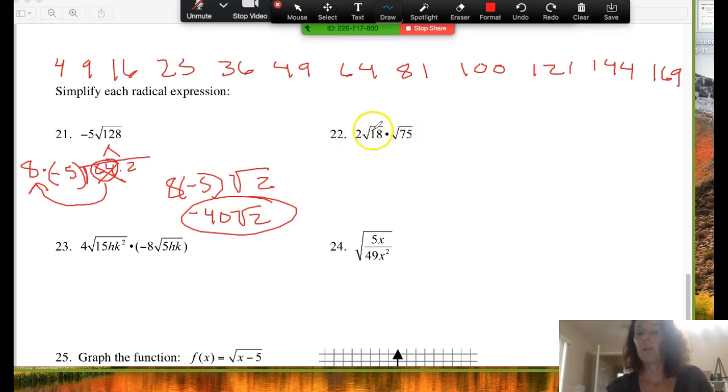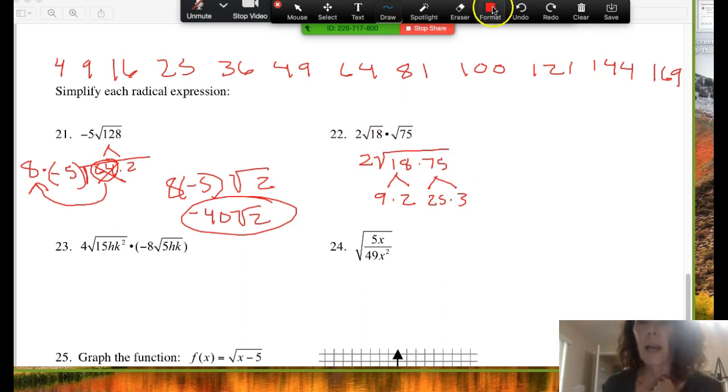Whenever you have two radicals, you can multiply them together and put them under the same radical. Sometimes it helps us simplify, sometimes it doesn't. This is going to be 18 times 75. Let's see what I have here. 18, I know the biggest perfect square that divides into that would be 9. So this would be 9 times 2. I could pull that out. 75, the biggest perfect square that would divide into that would be 25. It's 25 times 3. Well, I have a 2 on the outside, so what I'm going to do is,